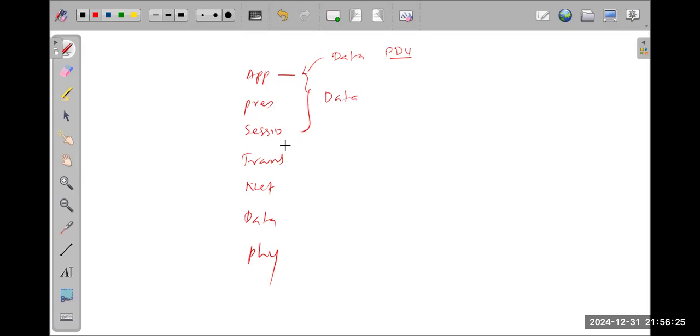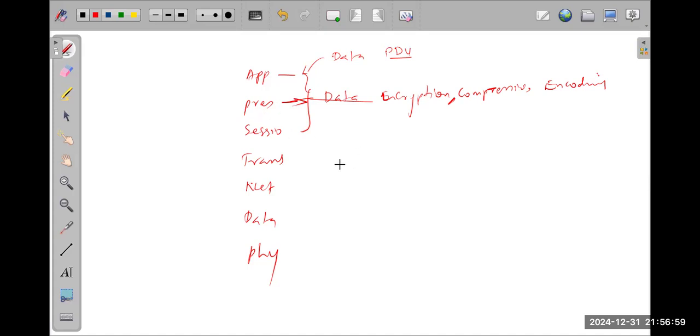So here the protocol data unit is going to be in the same format, like data, in these three layers, right? The application layer is preparing data and then it will convert, compress, or encrypt the data with the help of the presentation layer. That's why it is called the presentation layer. Encryption, compression, and encoding are done in this layer, right?